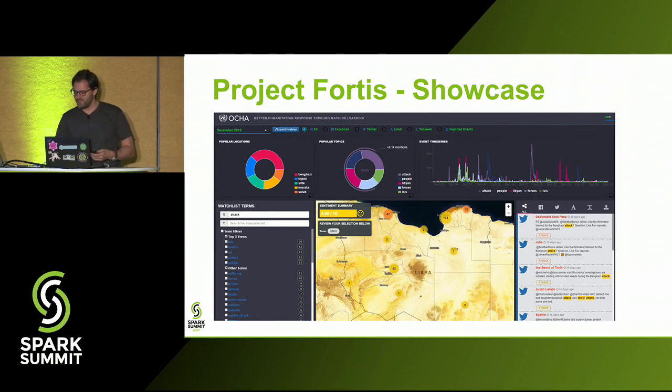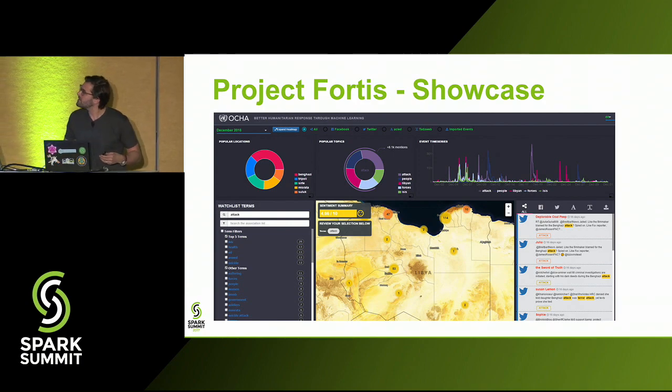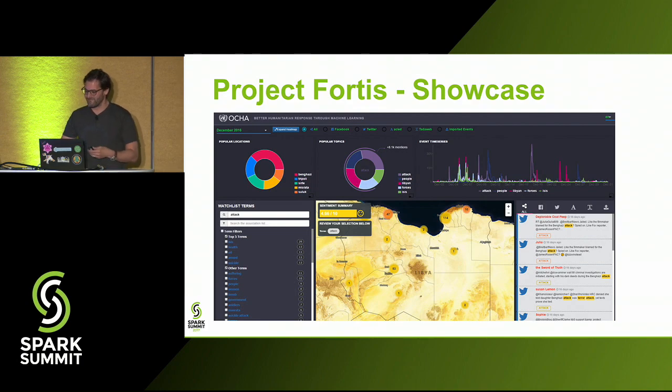So here we have an event. If we open this event up, this is talking about the Manchester bombing in London. Oh, it's not showing up. There's some issue with the rendering. It's showing up on my screen. Sorry, I'll just talk through it.